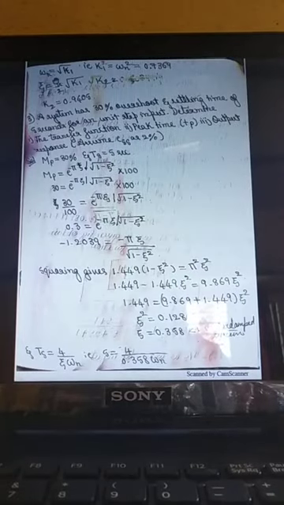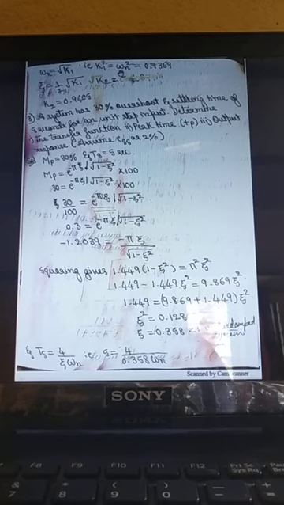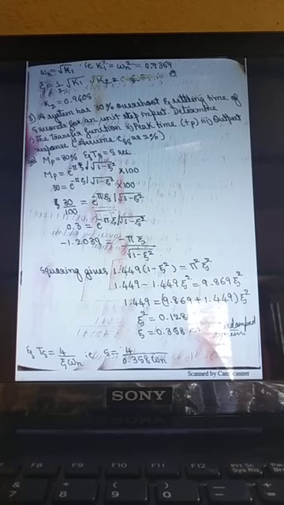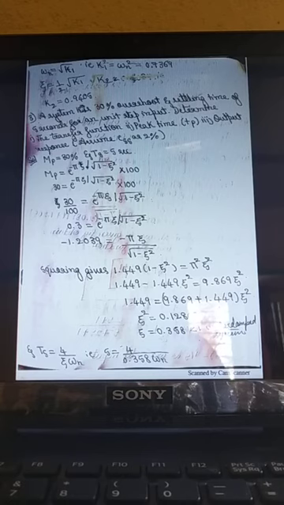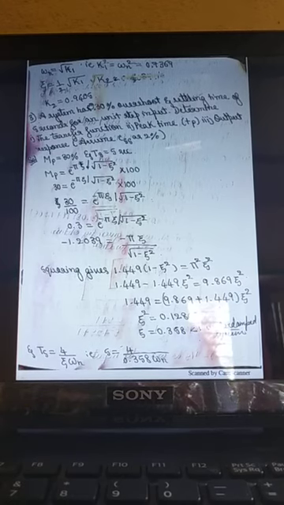Next, omega n is equal to square root of k1. Square on both sides so that you can find the k1 value. If you square on both sides, you will get k1 is equal to omega n square, which is 0.7369. Next, zeta is equal to 1 divided by 2 square root of k1 into k2. We want the k2 value, so substitute the zeta value and k1 value, and you will get k2 is equal to 0.9405.